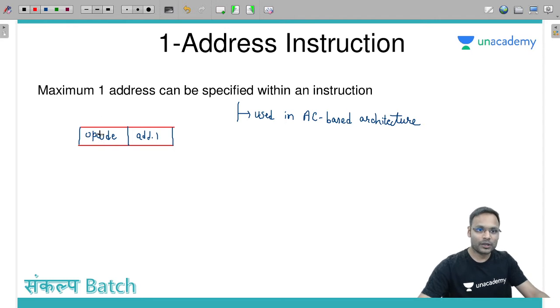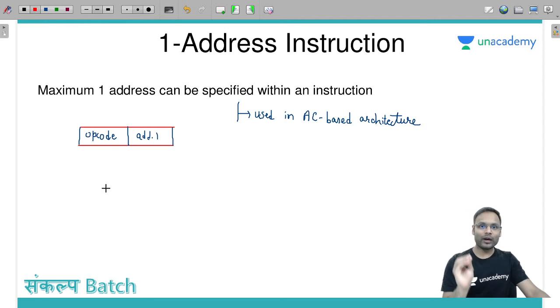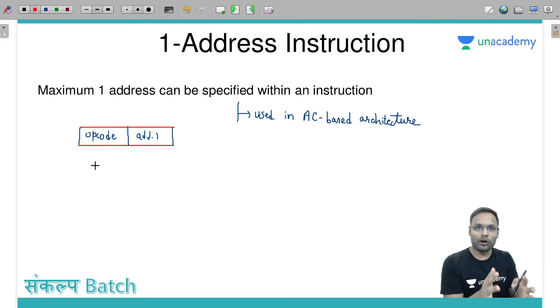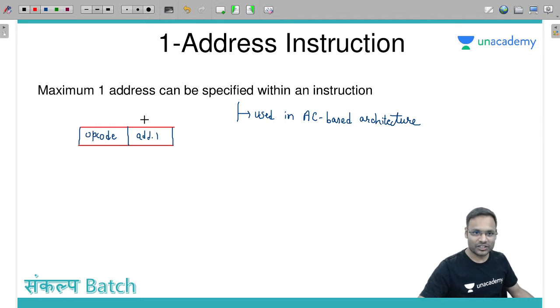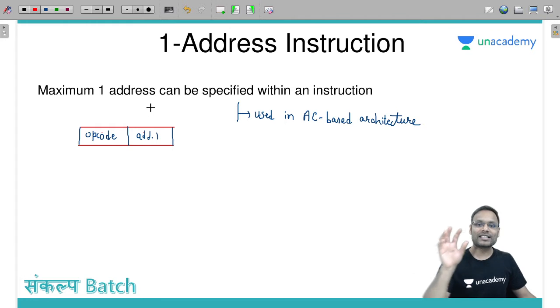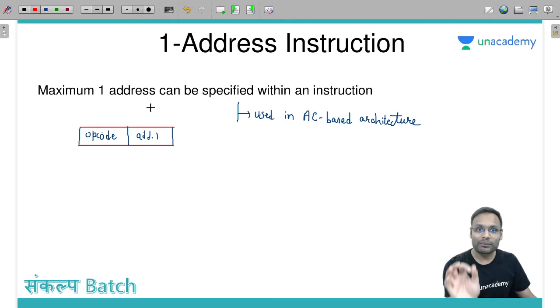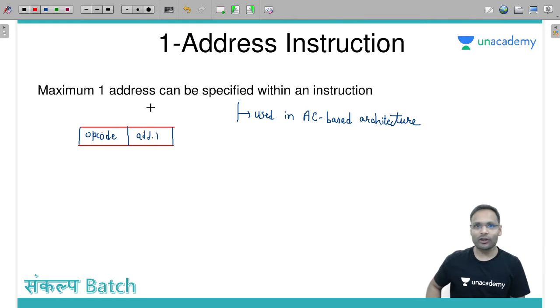Yesterday I told you that if we have one address type instructions, since one input is implicitly taken from the accumulator, we need to specify only one operand and we can perform any operation. So one address instructions have an opcode and one address, and such instructions are supported in accumulator based architecture. But in accumulator based architecture, if a particular instruction does not require any input,